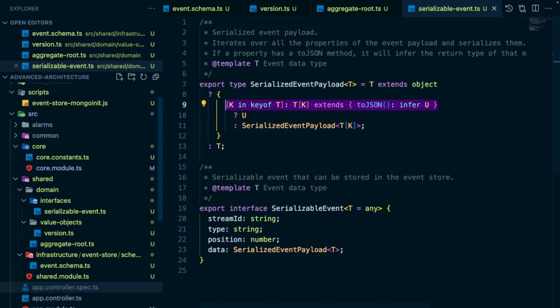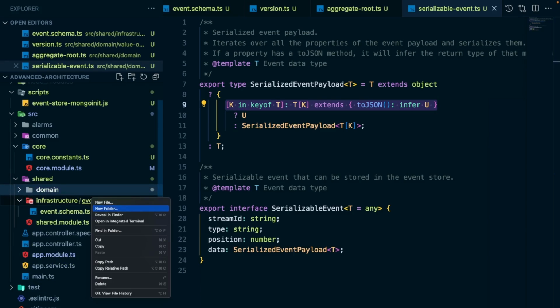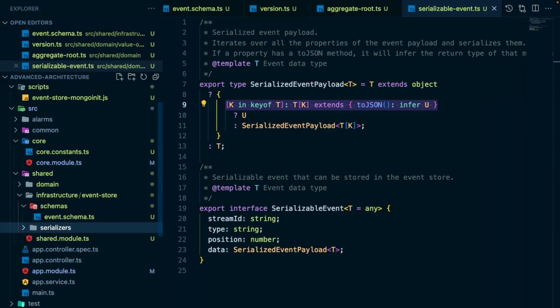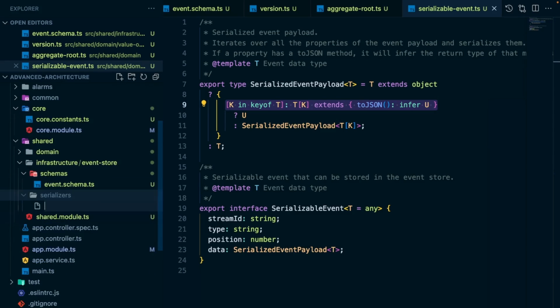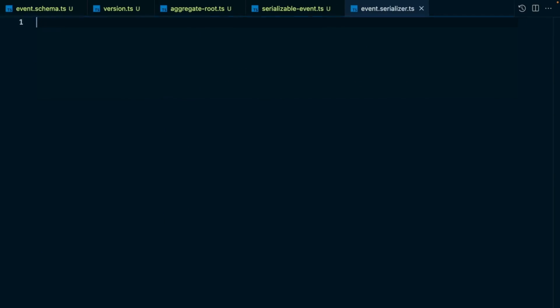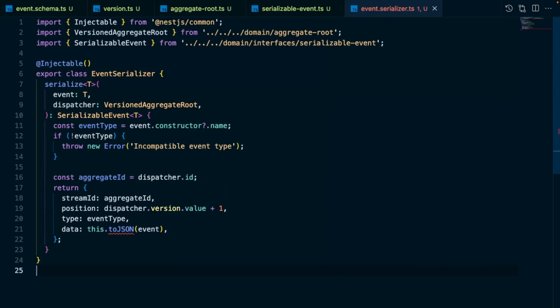Back to our infrastructure folder, let's create a new directory called serializers, and inside of this folder, we'll create the event serializer TS file with the following content. This class here will be responsible for serializing domain event instances into a format that can be stored in the event store. It provides a single serialized method that accepts two arguments: the event instance and the aggregate root instance